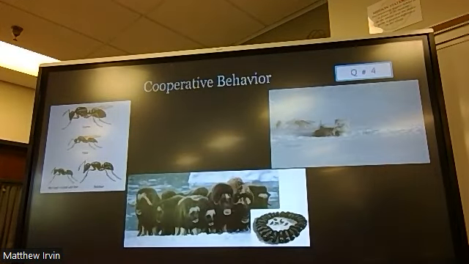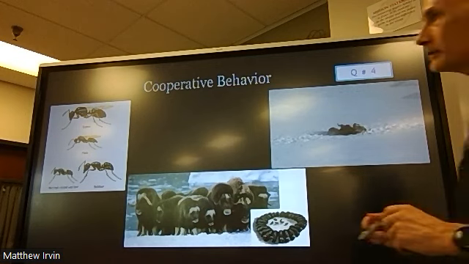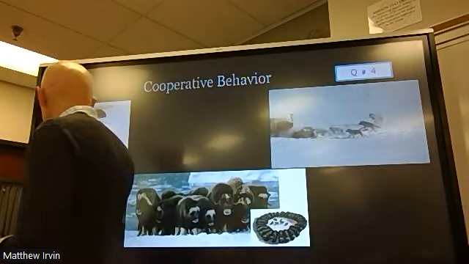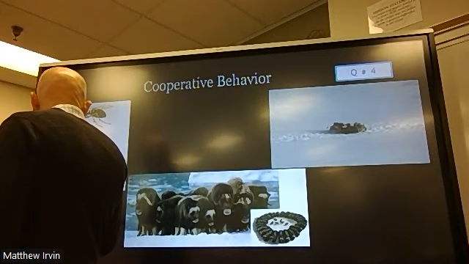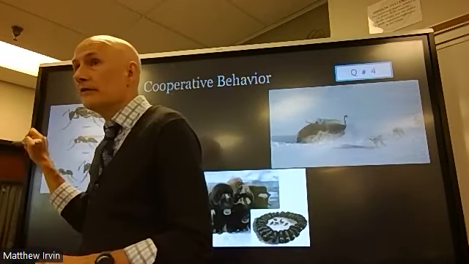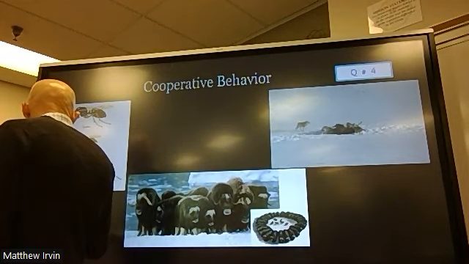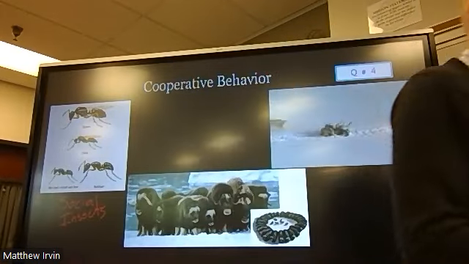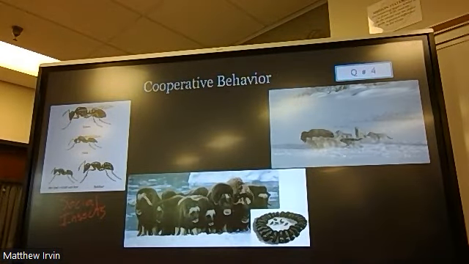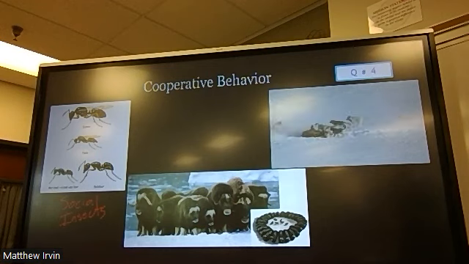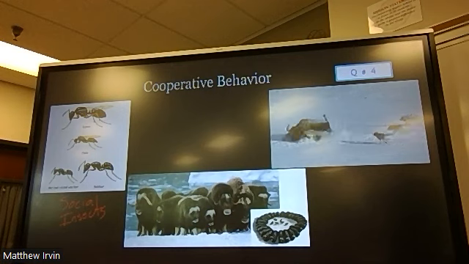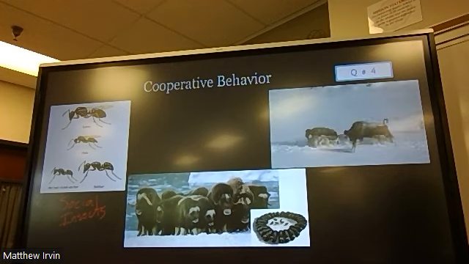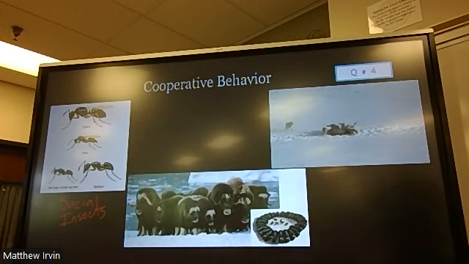Animals who demonstrate different kinds of cooperative behavior. Ants and insects, this is also a form of altruism. All the workers are working for the queen. You also see that in the naked mole rats. The workers don't have the ability to even reproduce. So they are working to serve the transfer of the genes from the queen to other ones.